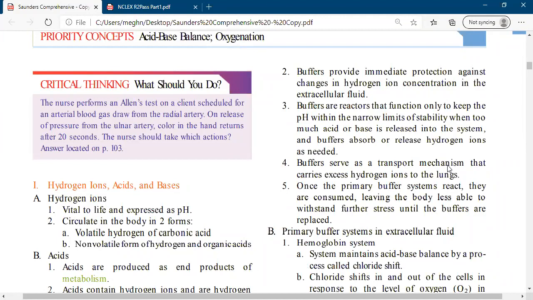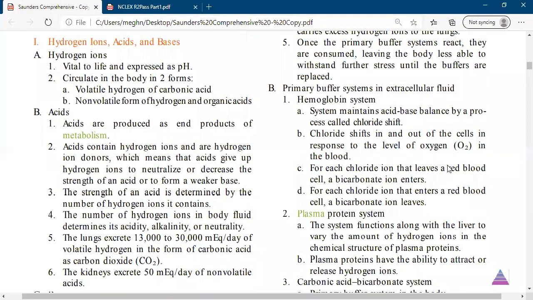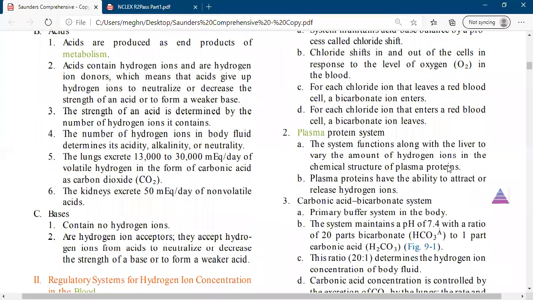But here we learn the acid is produced because of metabolism. And acid is a chemical substance, and acid is the hydrogen ion concentration. To make the balance in our body, we also need basic or base. What is base? Base, they said, contains no hydrogen